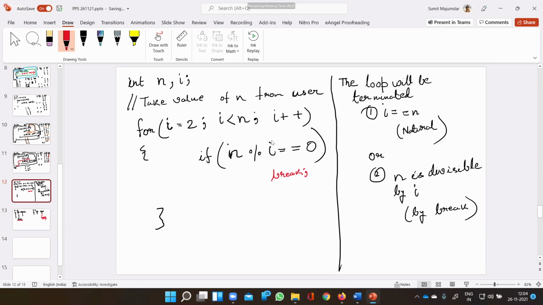When the I value is equal to n, at that time we can say that it is a natural death of the loop. And if this is not true, then it is a forceful death. Forceful death means it is not a prime number. Is this clear? So how can we track natural death? By if I equals to n,